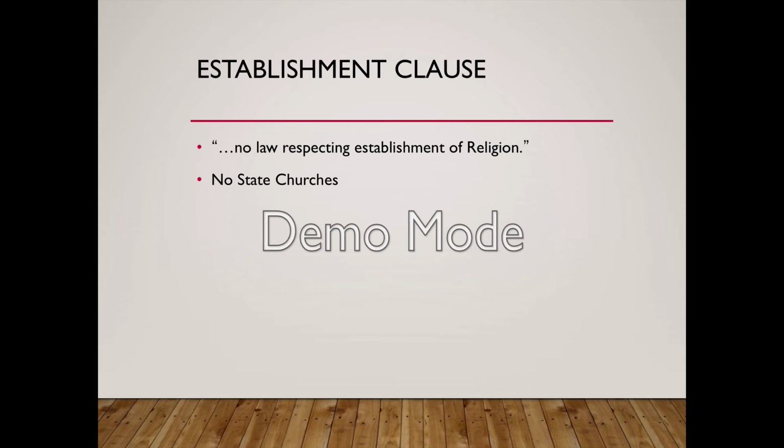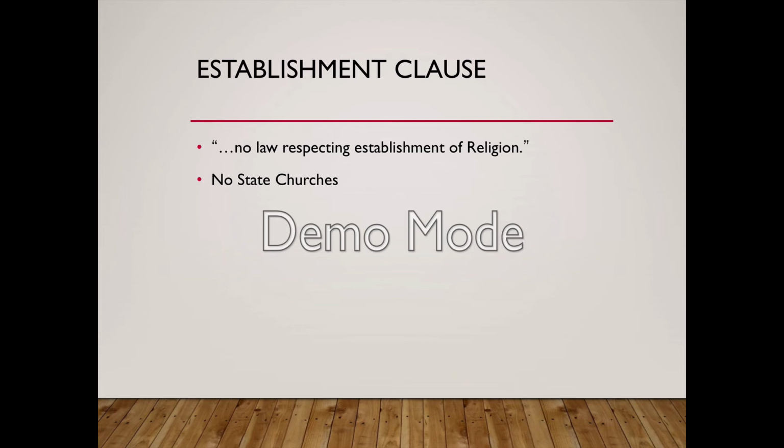So it certainly means no state churches; they were so explicitly outlawing the idea that there would be a specific state church. Now remember, that was only for the national government. The individual states had official churches for quite a while. Many of them did. In fact, up until the 1830s, many states had official churches. But the idea was that there could not be agreement, so they could not have one single church, or we think of it as a denomination now. So no single Protestant church could be the official church. The idea was not to have a national church like the Church of England.